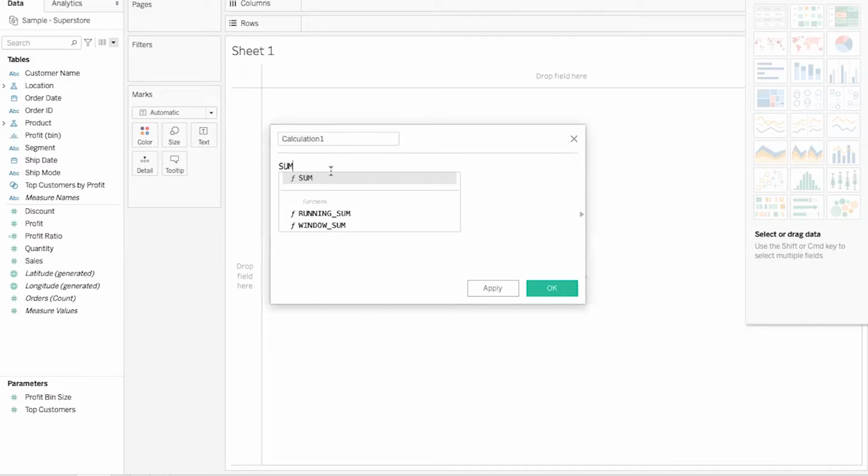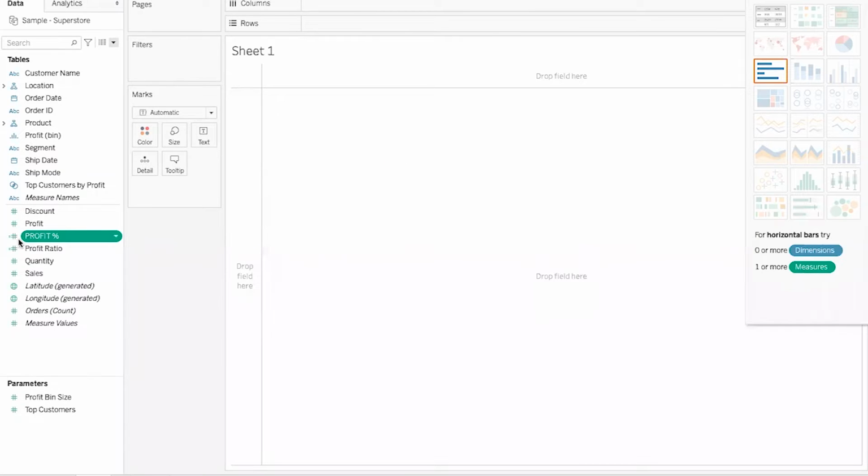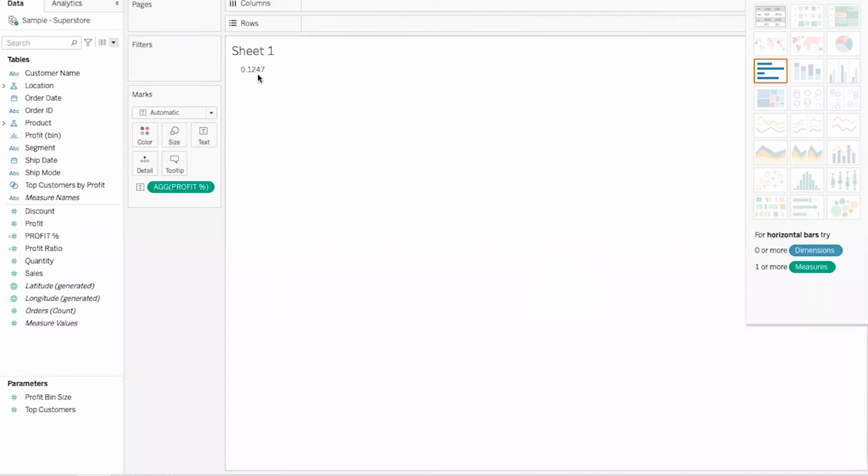You just need to type sum, because Tableau works on aggregated fields. Sum of profit. Whenever you are typing anything, it's an IDE kind of experience. If you have worked on Eclipse or other IDEs, it works similarly. The same thing, sum of sales. Now we can name this profit percent. Just apply and okay. You can see this is the profit percent, which is created from the profit and sales fields. You can simply drag it over there, and it will tell you that 12% is the value.